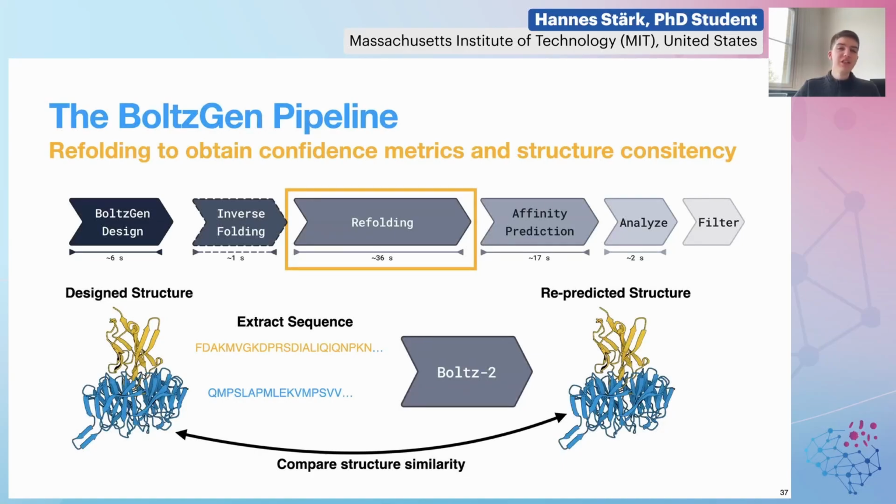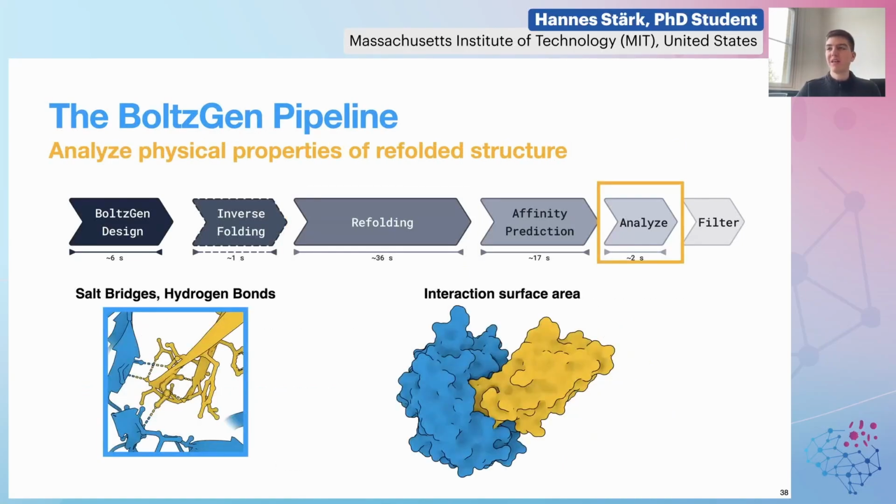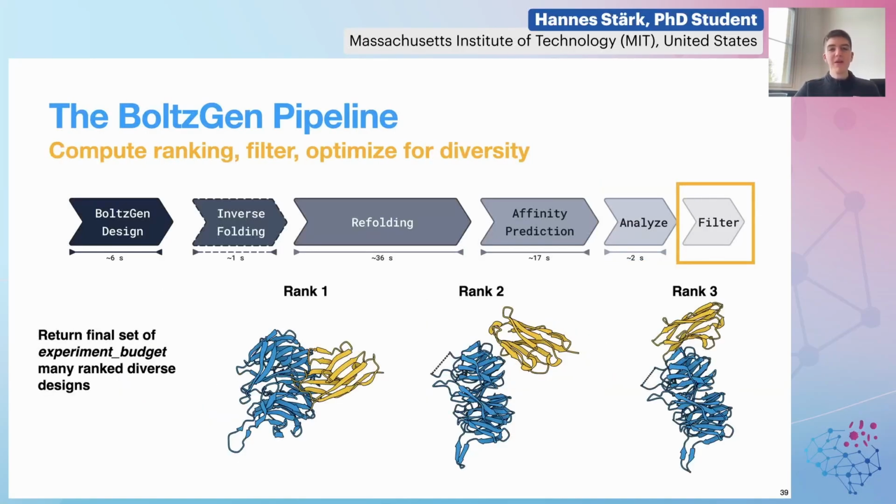We have an affinity prediction step that I'm skipping because it's just another learned model. And then we have this analyze step here, where we count the number of salt bridges, hydrogen bonds, look at the interaction surface area, and we look at a whole bunch of other physical metrics. And all this is then combined in the filter step, where we combine all the metrics to obtain a final ranking and run a diversity quality optimization algorithm to select a final diverse set of high ranking